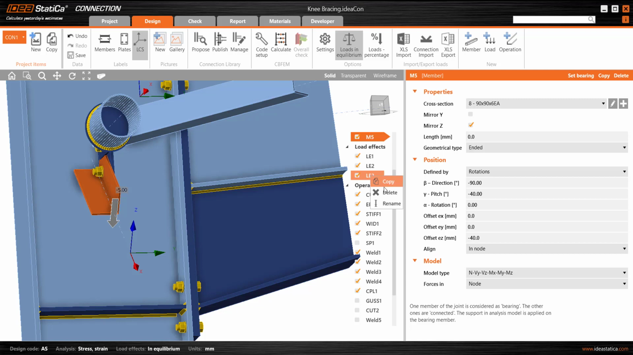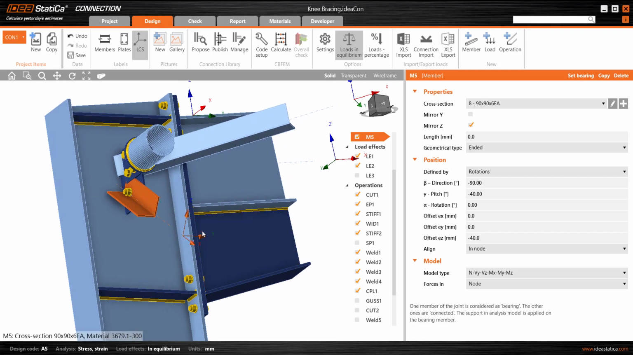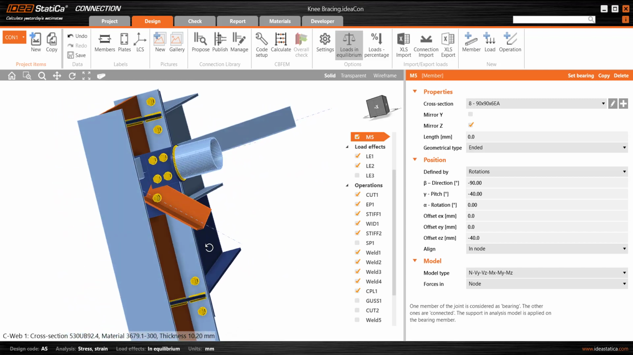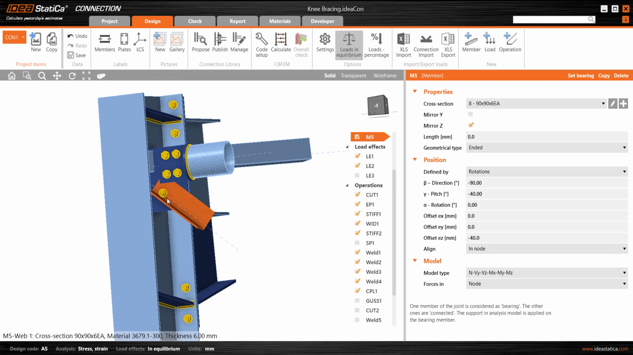So that's fine. I can untick or delete that. I don't need to work with that anymore to confirm those aspects. Okay, so that's looking a little bit better. Let's think about the position of the bolts here, and we again see that